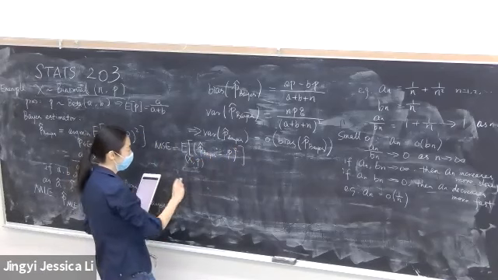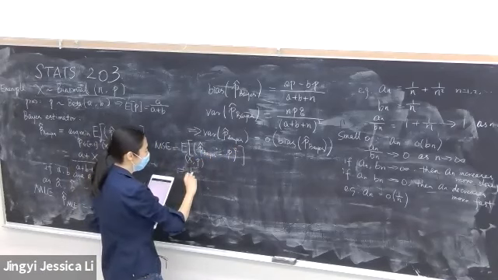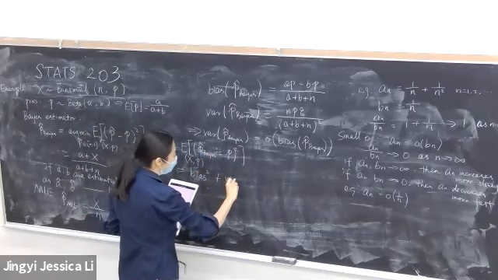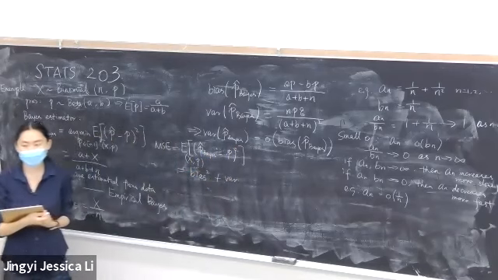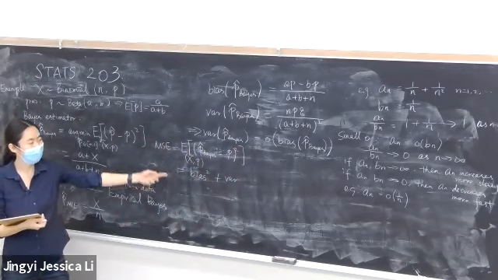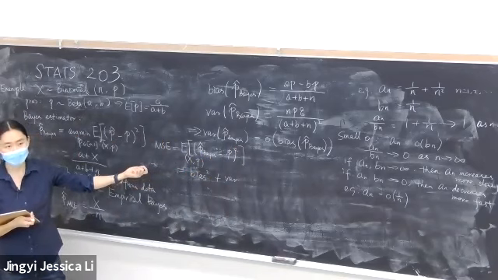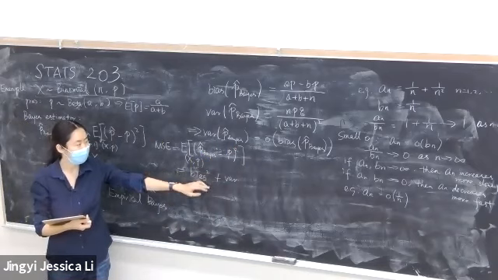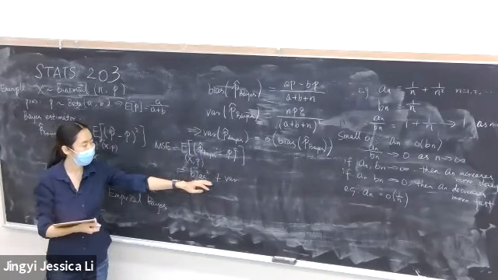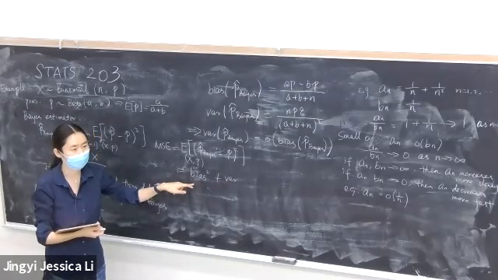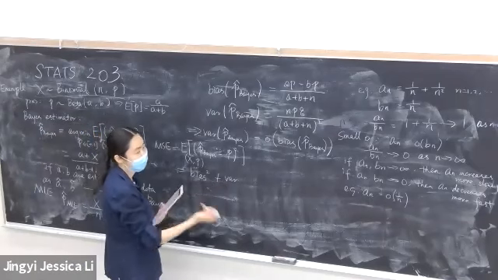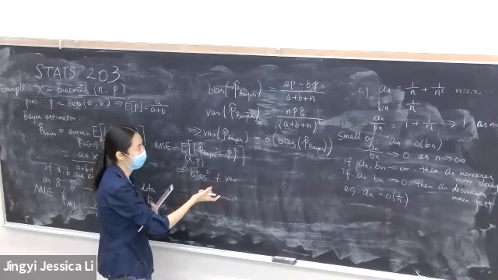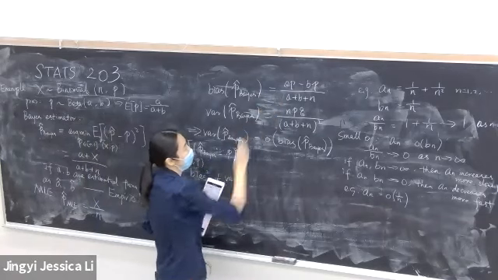And we know this is equal to bias squared plus variance. And this is often used as the bias variance trade-off. And then you can see why this square makes sense. Because with the square, the two terms are in the same order, both in the order of n squared. Otherwise, if they're not of the same order, the bias will dominate.